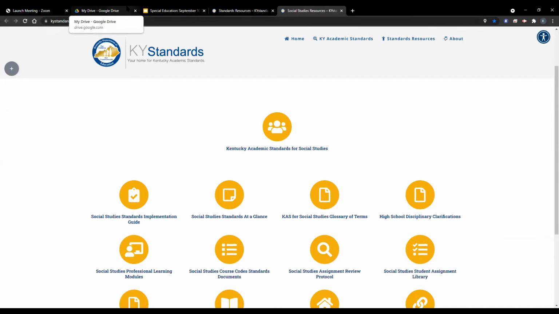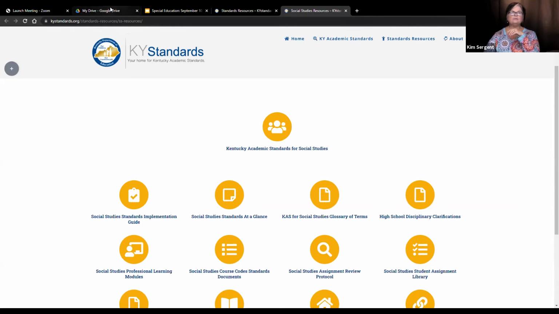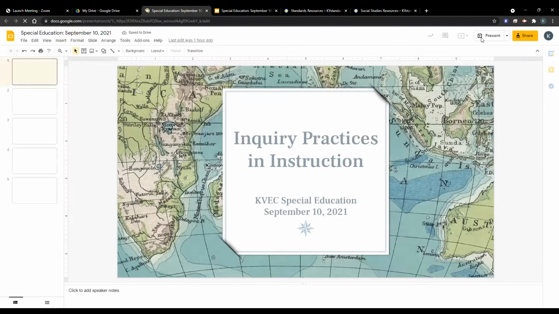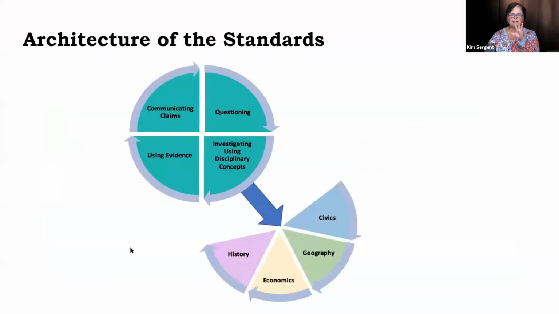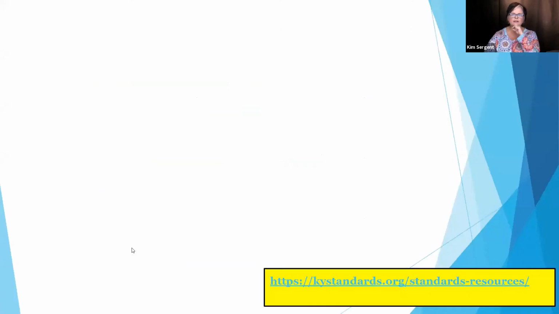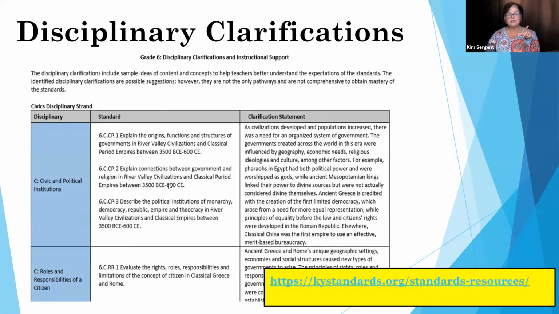Awesome. So what I'm trying to get this thing to do is to let me back into the PowerPoint. I knew that was going to happen. And of course, the way the Zoom is set up, I can't get past the thing here. I may have to go into panic mode and yell for help, but hopefully not. I'll just open up another link again. That'll work fine. I'll have this open 15 times to get back into it. So I may not click on some of these links very often, and I apologize if that's too fast. I don't want to give you a headache. So I've apologized, and I'll go back to this because the 6th grade example is good.